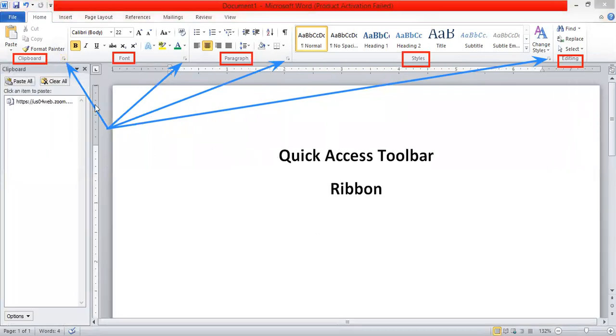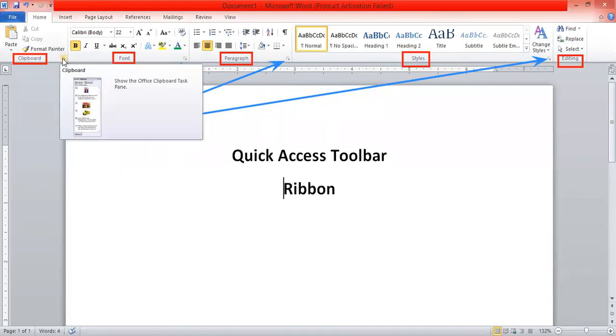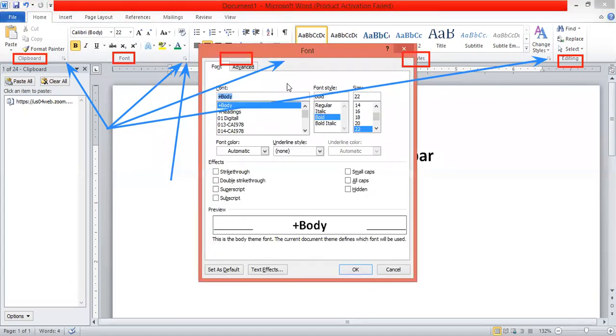Let's see it again. I move my mouse there and we are going to click on the first picture. I click on it. I got some new options. Now I am going to click on this option. On this font, I am going to click on this arrow. Now I clicked on it. So this time the new options are on the screen.